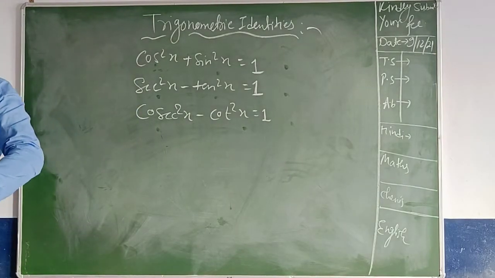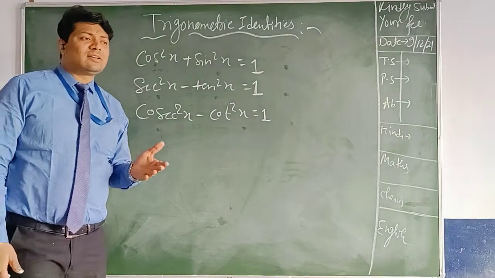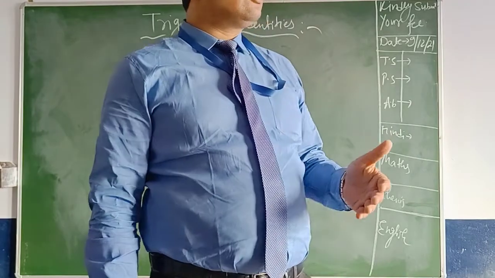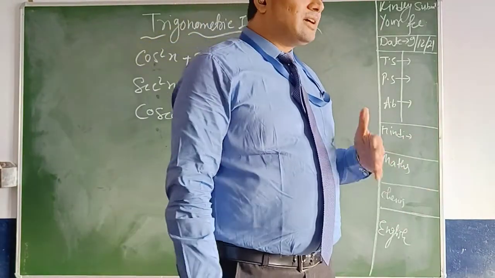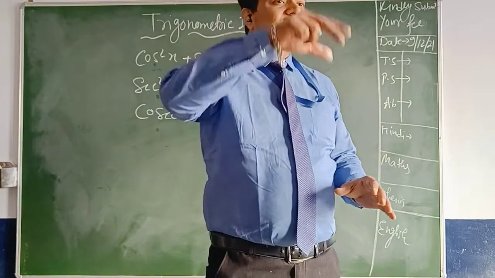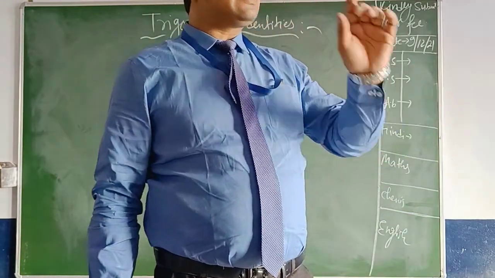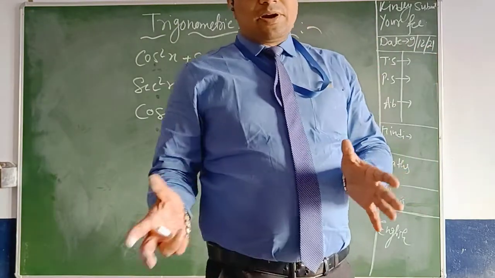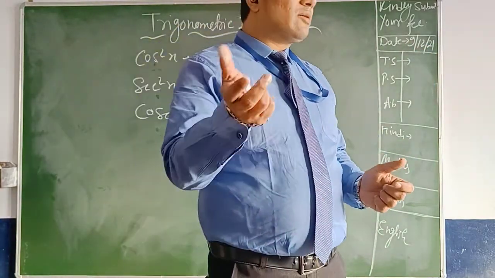Clear? As I told in my last classes about the values of trigonometric functions, how sin 0 is 0, right? What about the value of sin pi by 2? What about the value of sin 3 pi by 2, as I told? In the same manner, if you have the value of sin and cosine, you can go through any value, right? Everybody knows that sec x equals 1 upon cos x.